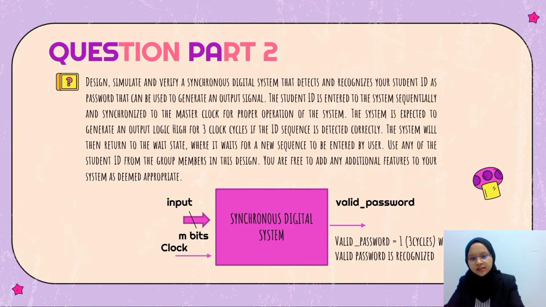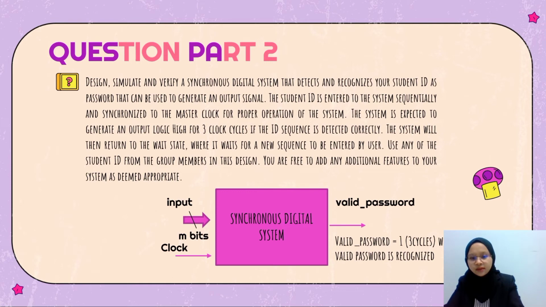The system is expected to generate an output logic high for 3 clock cycles if the ID sequence is detected correctly. The system will then return to the wait state, where it waits for a new sequence to be entered by the user. Use any of the student IDs from the group members in this design. You are free to add any additional features to your system as you see fit.